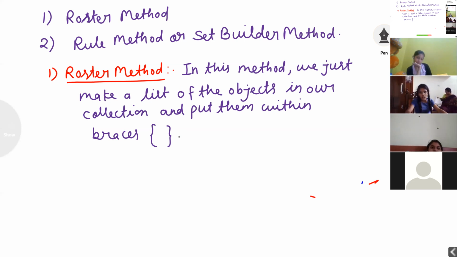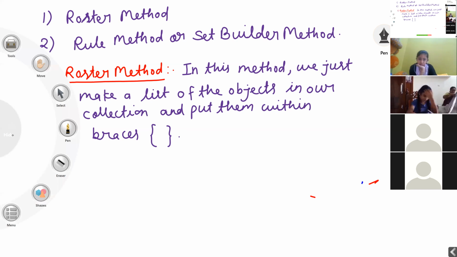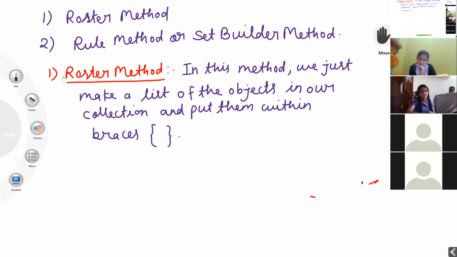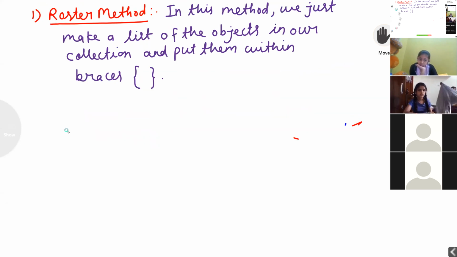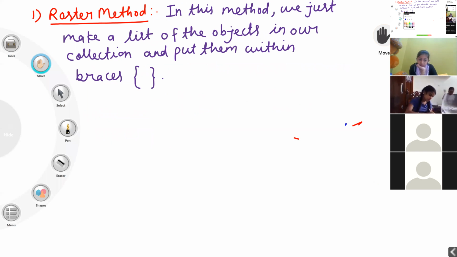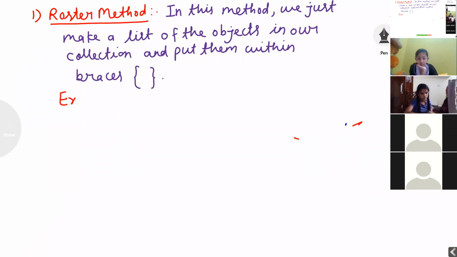Example. Now students, I want to represent a set by using the roster method.